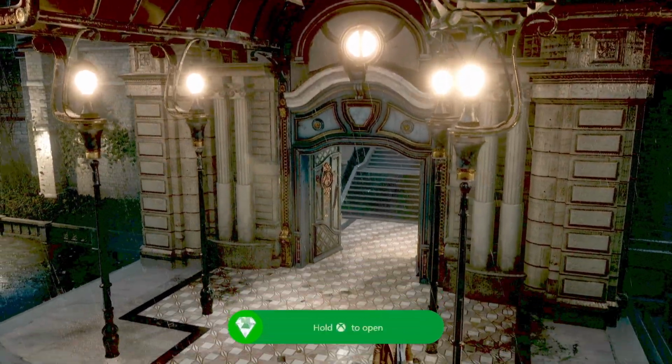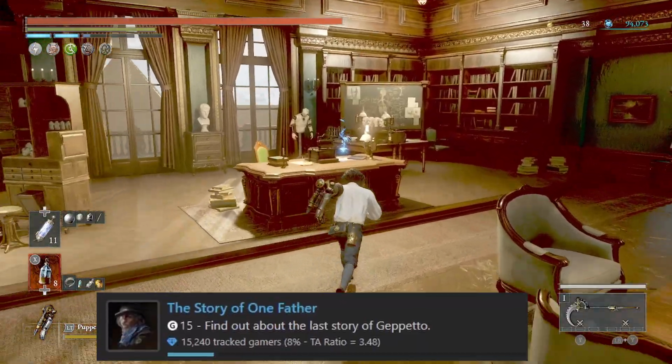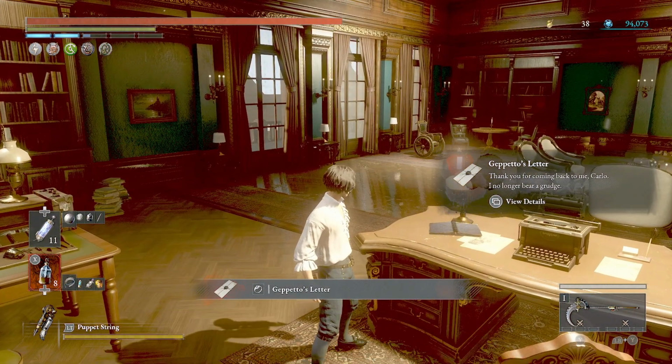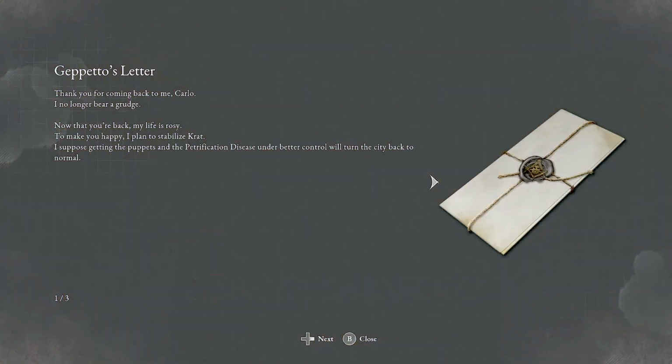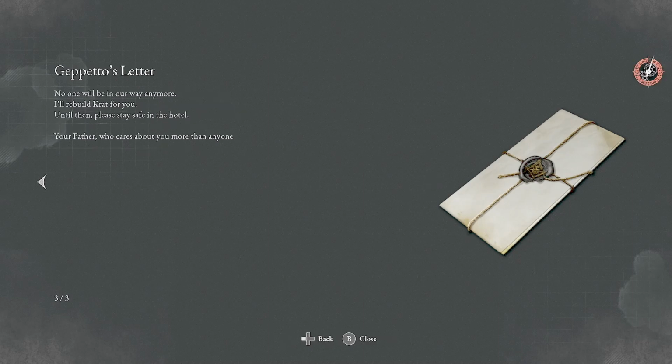There we have it, the ending achievement does unlock, and then we can push towards the final achievement, which is for learning more about Geppetto's backstory. We take the note from his desk, read the note, and the final achievement is going to unlock. And there we have it. We've officially attained all of the achievements in the game for the nice 100%, which definitely only took me 3